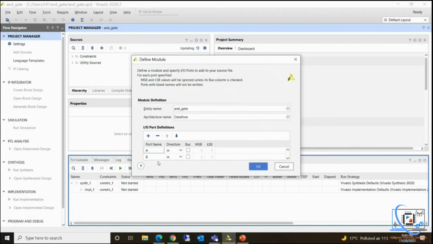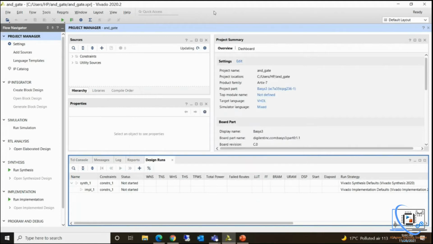Then I'll be adding one more row, and then I'll give C. So direction for C is out, and then I'll click OK. So this is the file AND underscore gate.